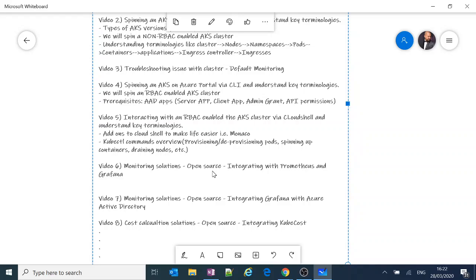The native default monitoring solutions provided by Azure are not enough if you are going for multi-tenant support on your AKS clusters, which means you will be using a single cluster but sharing it with various different customers and applications. When you do that, you need to take care of data isolation.